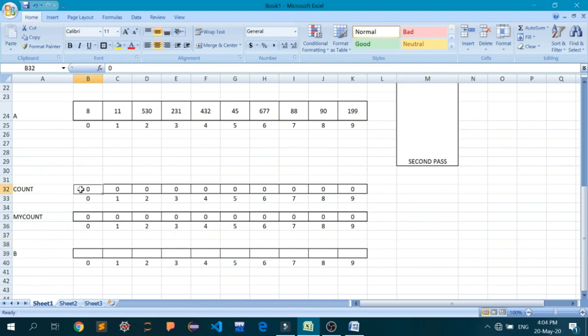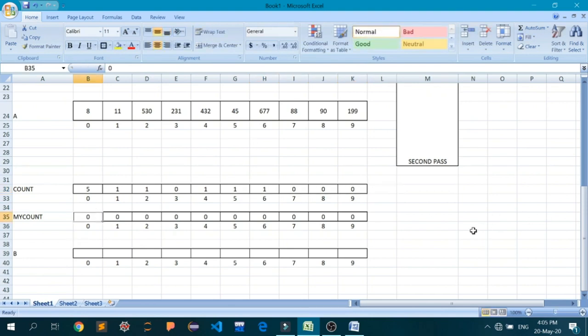How many times 0 has occurred is actually 5, because 1, 2, 3, 4, and 5. You can assume this is not 90, this is 090, and this is 080. Okay, you can assume like that. So I'll write all those 1, 1, and then again 0, and then 1, 1, 1, and in the end all the zeros.